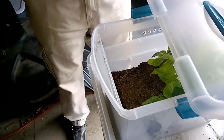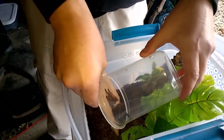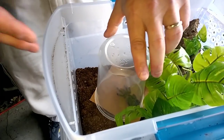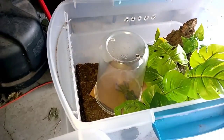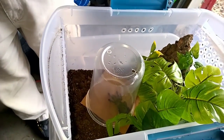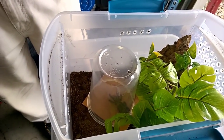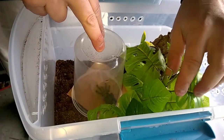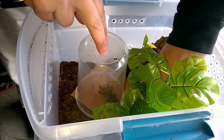Actually, you know what? You just grab the top of that for a minute. Set that right in here. And what I'll probably end up doing is just leaving the cardboard in. I don't freak out, bottom line, if a tarantula doesn't want to come out, especially when I get things online and they're all wrapped up. I'm not going to aggravate the tarantula or put myself in a spot where the thing's going to go nuts. There's nothing wrong with a situation like this, leaving the piece of cardboard in until you can safely take it out. If I wanted to be a cowboy with this and go all nuts, I could probably poke it in the butt, get it off the